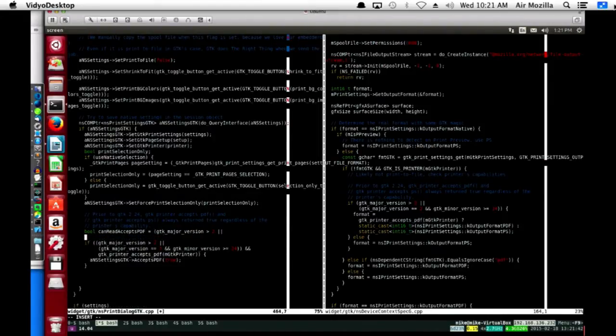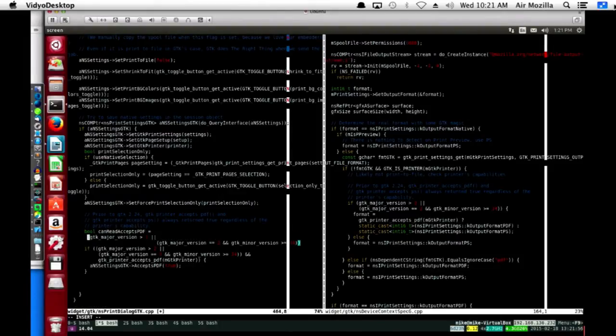This will hopefully improve the readability. Or GTK major version equals 2 and GTK minor is greater or equal to 24. I will actually do it like that. Carl can hammer me maybe on style if this isn't how he wants it.